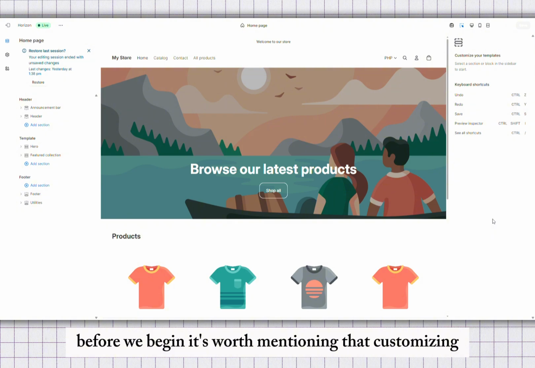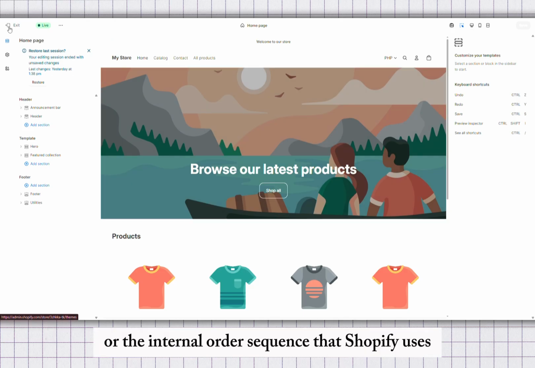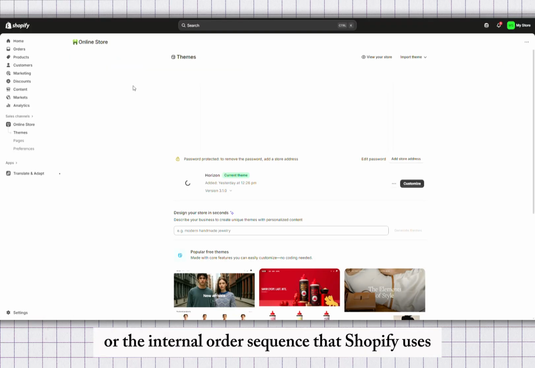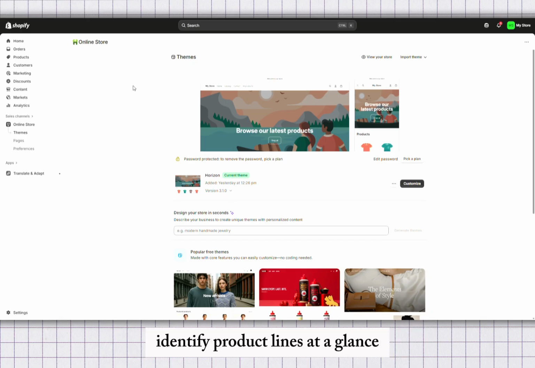Before we begin, it's worth mentioning that customizing your order numbers doesn't affect your financial reporting, Shopify billing, or the internal order sequence that Shopify uses. This is purely cosmetic, but extremely useful from an operational standpoint. Many business owners use it to separate wholesale orders from retail, identify product lines at a glance, or add branding